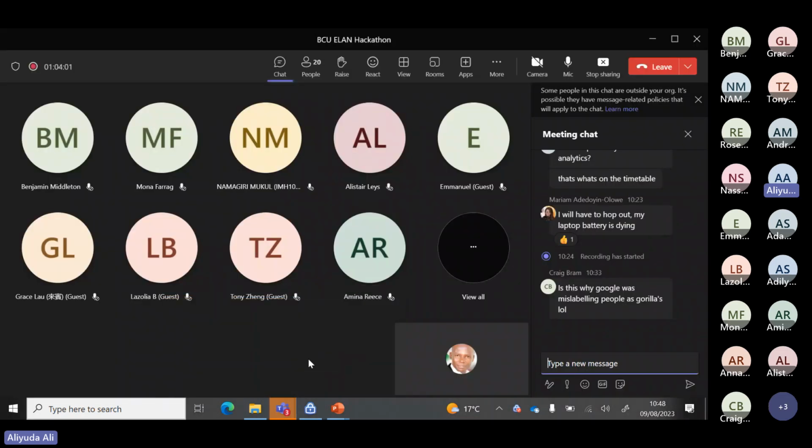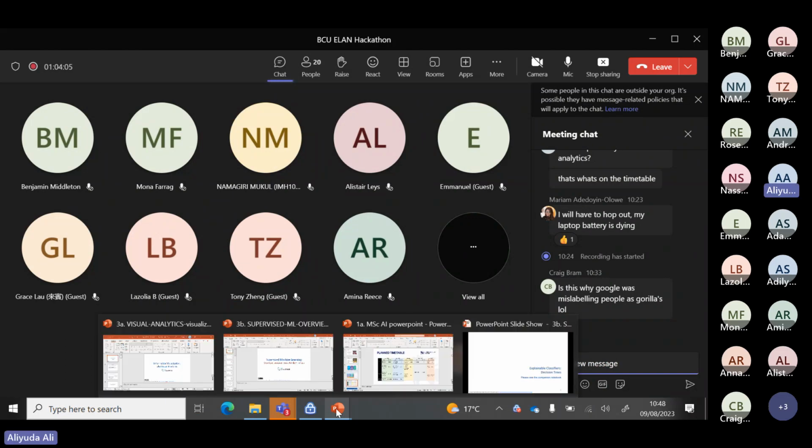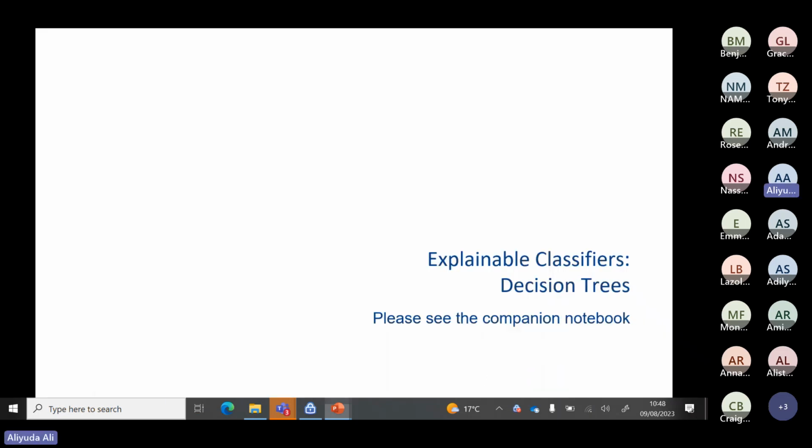So if you have access to all these folders, you can run them at any time, and then you can see for yourself how these things work. So, explainable classifiers. One of the explainable classifiers that we have is the decision tree. Let's look at